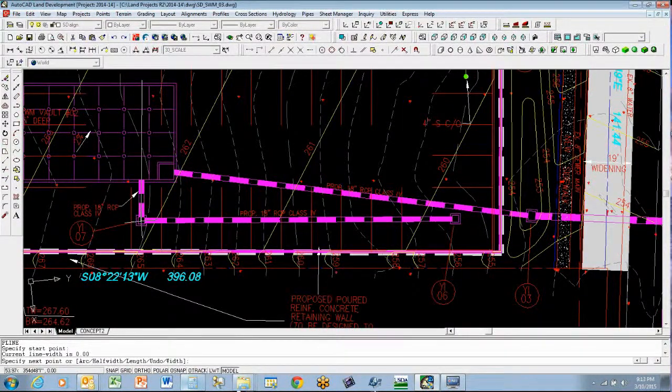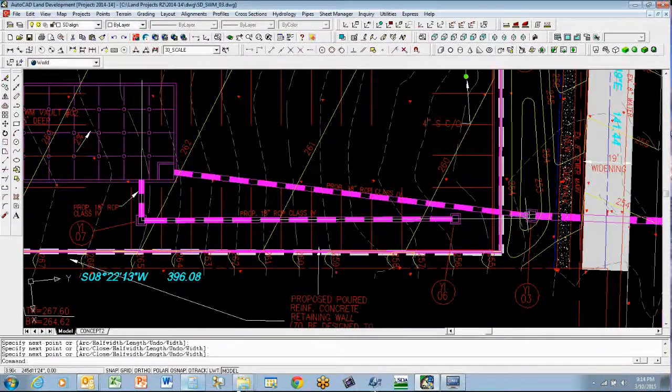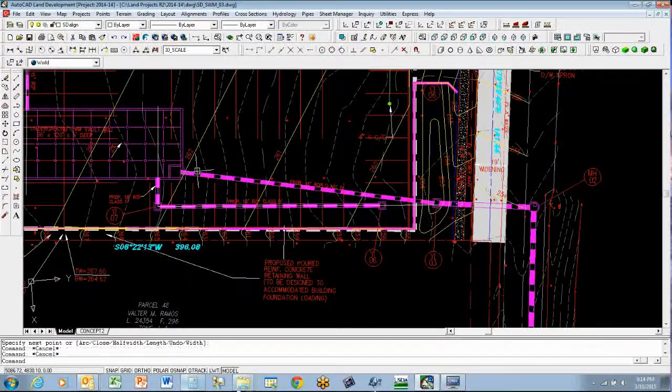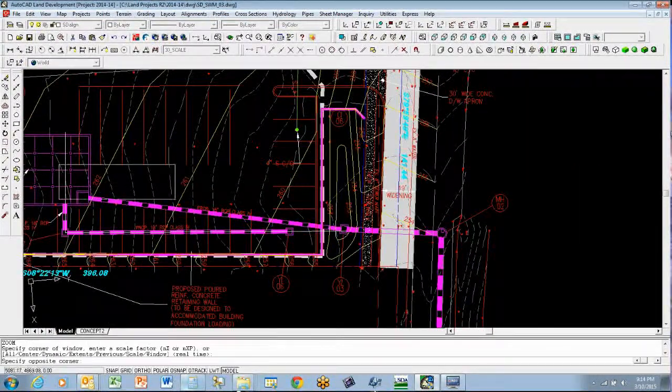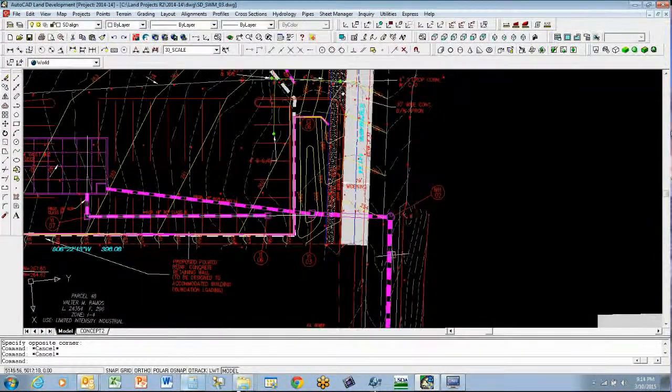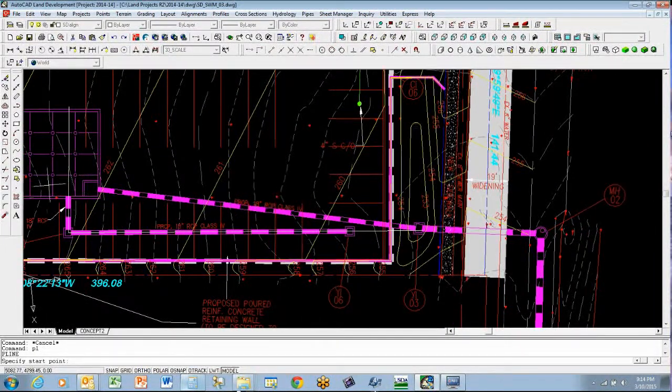Polyline, and I'm just going to put them somewhere. I'm going to get them close. Not going to be perfect, but we're going to get them close. Very close. So now we're right there where we need to be, straight down the center line of that one. And now we're going to do